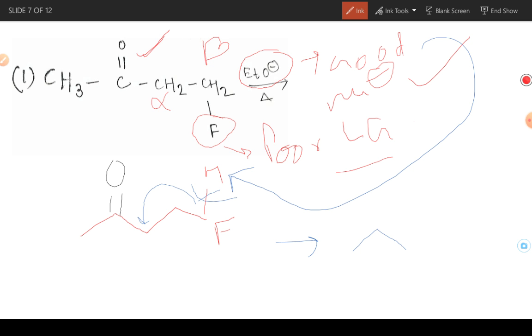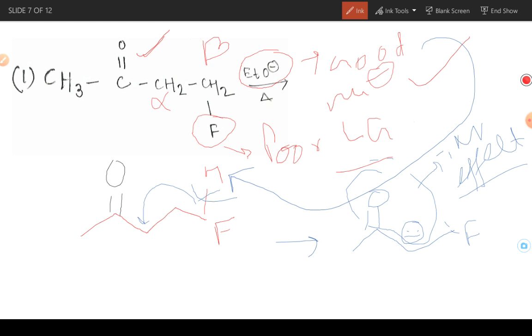See, after shifting towards this position, this compound will be in minus M effect. Sorry, it will be in minus M effect, that mesomeric effect. So this is a very good effect and it will be stabilized this way. Now, as I said, there will be removal of the, sorry, here fluorine is also present.